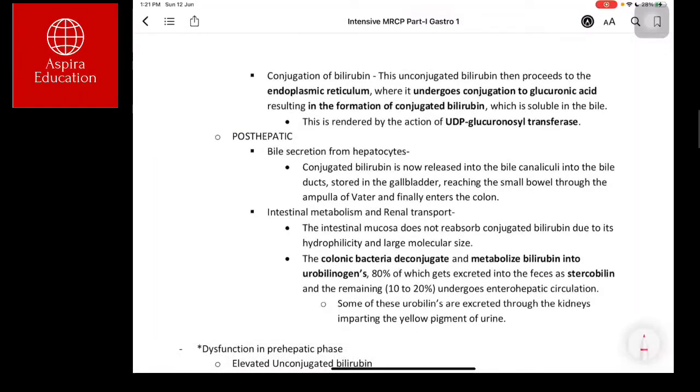Then, after uptake, the unconjugated bilirubin proceeds to the endoplasmic reticulum where the enzymes UDP glucuronosyltransferase are present. They lead to conjugation of the bilirubin to form conjugated